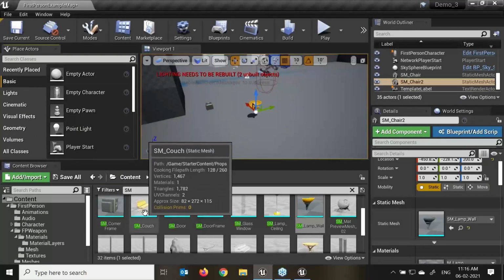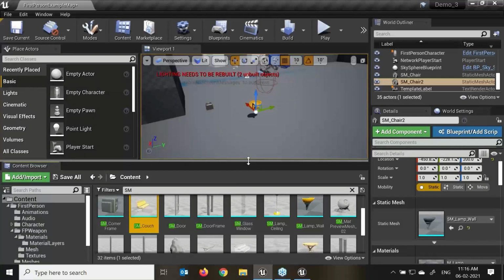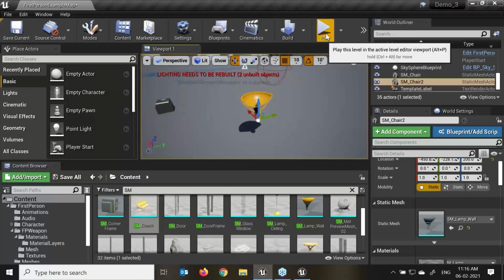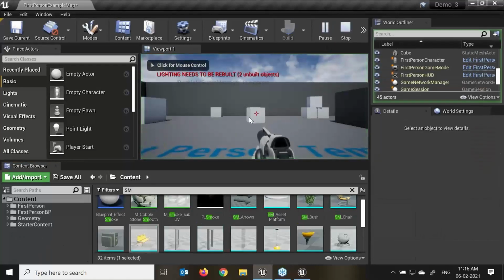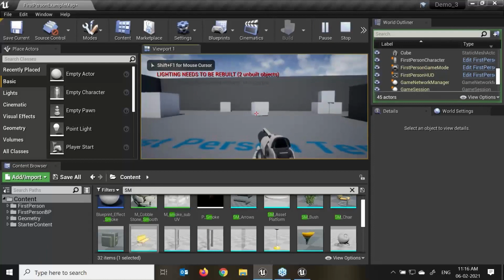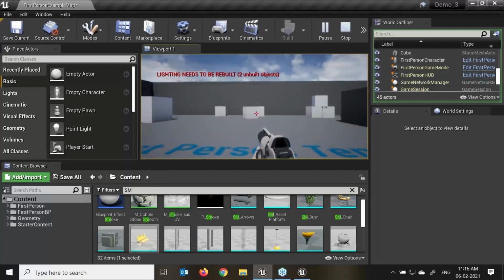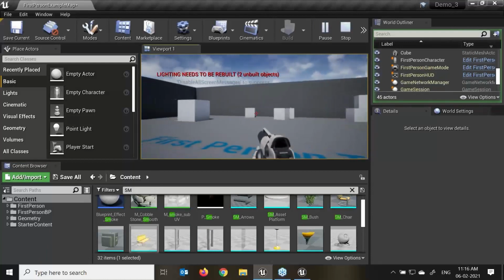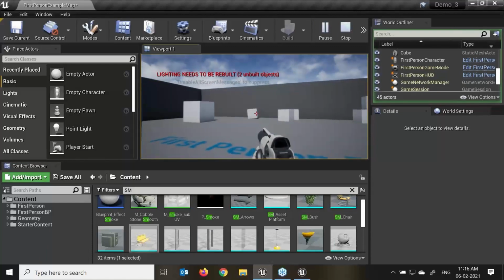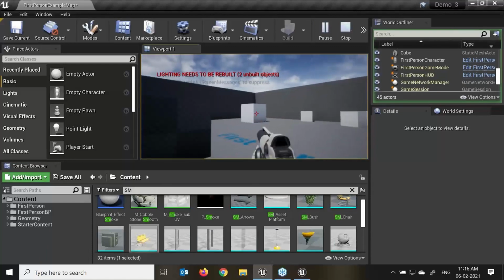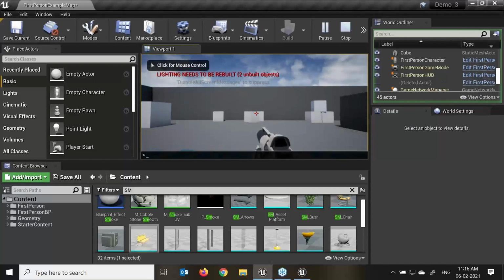In a skeletal mesh, yes, we can do animations. For example, if I start to play here, you can see these objects which I'm hitting with my bullet, again we can say, are static meshes.